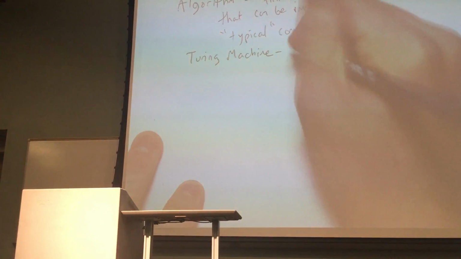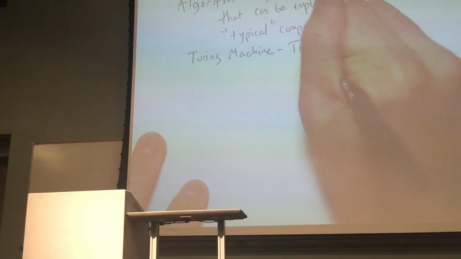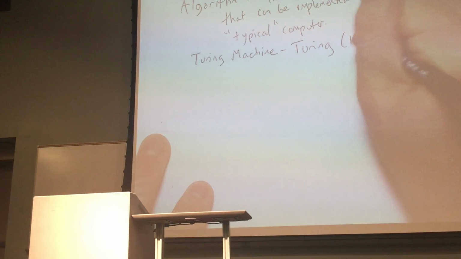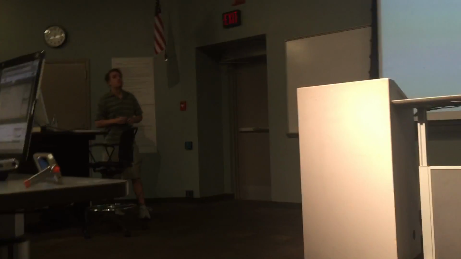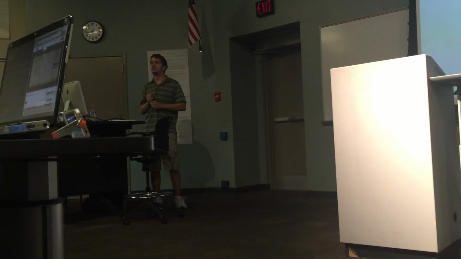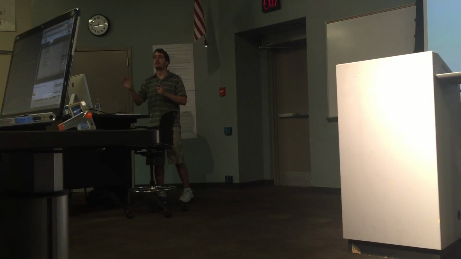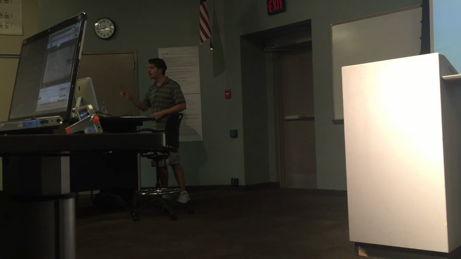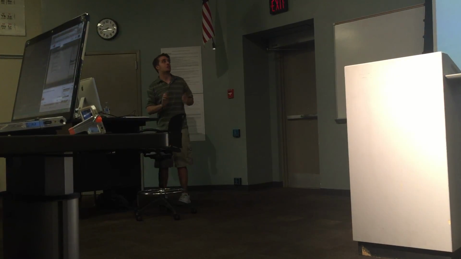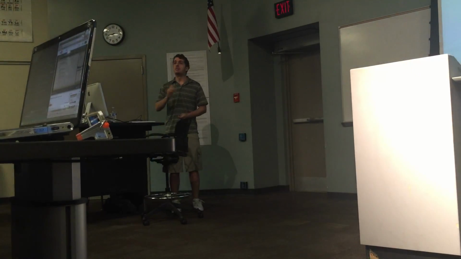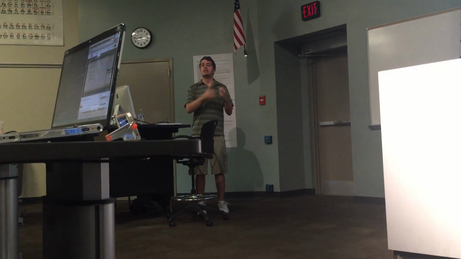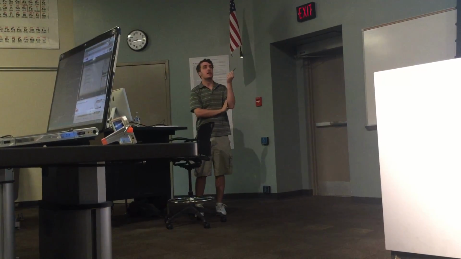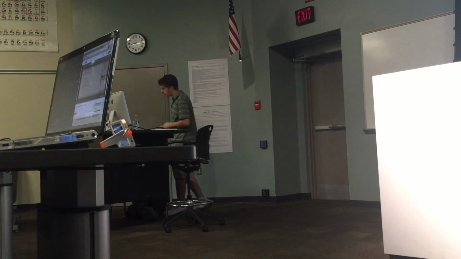And surprise, surprise, it was developed by Turing. Alan Turing was a British mathematician, a very famous story, very tragic story. I would encourage you to read up on it. But these machines were developed by Turing in a famous paper on a completely unrelated problem, but these are the types of machines that he came up with in a paper he wrote in 1936.